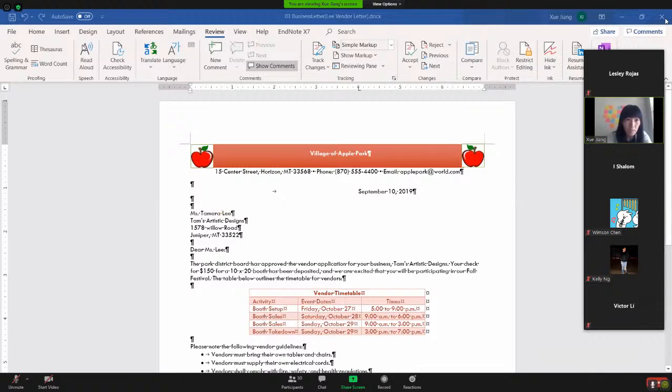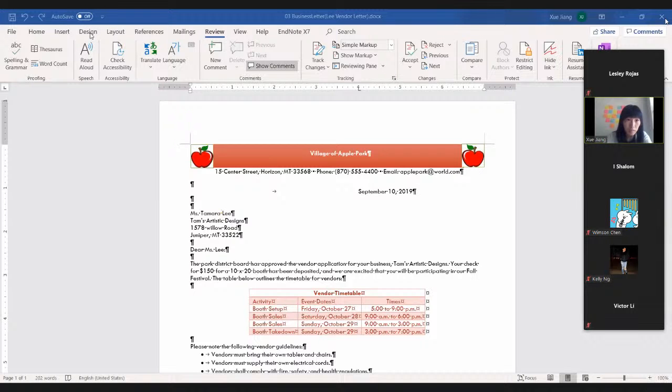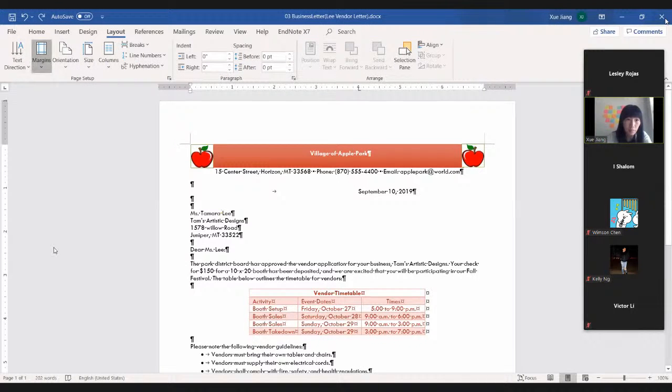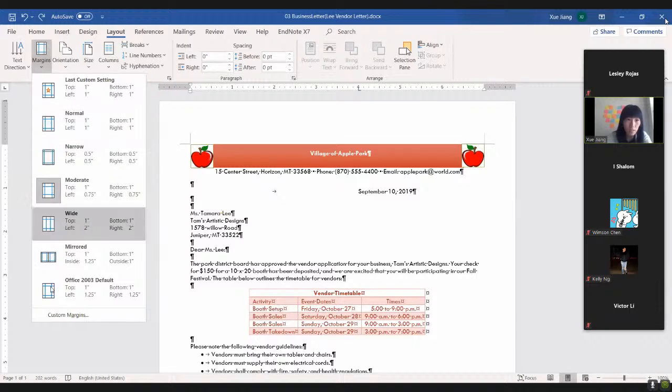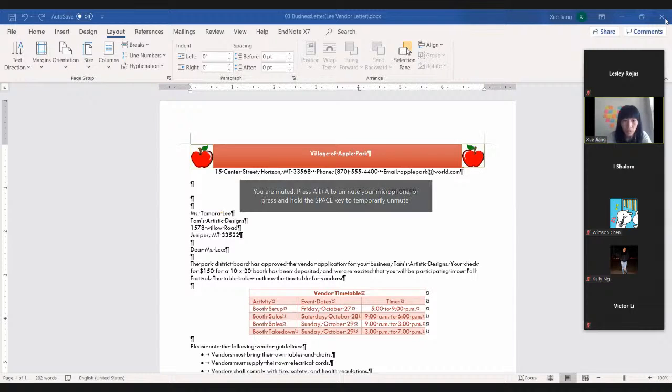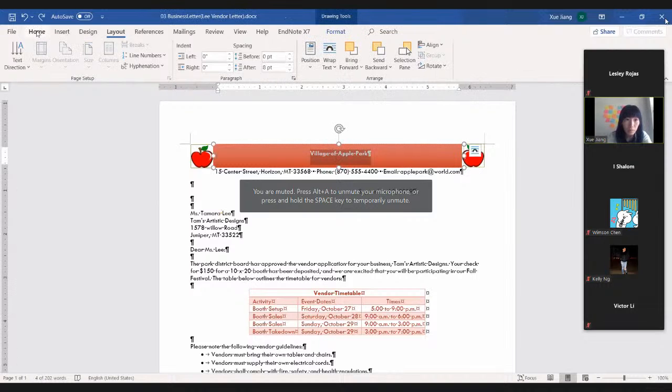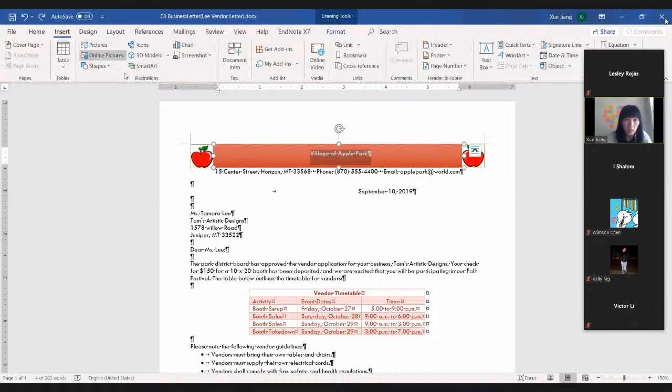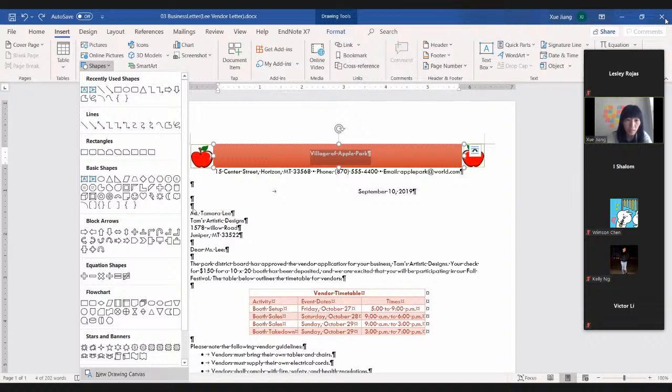We learned how to set up the layout, set up the margins. We have a lot of choices here, but we are using this one for this project. And then we insert this shape. Actually, the point is, there are a lot of shapes you can use. Where is the shape? You can use here. A lot of shapes you can use here when you